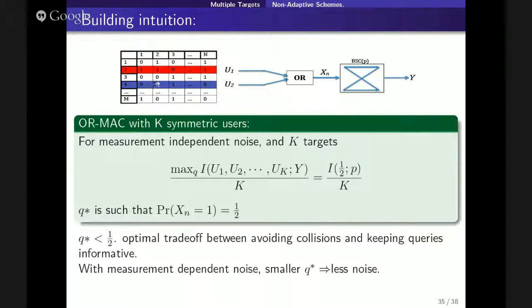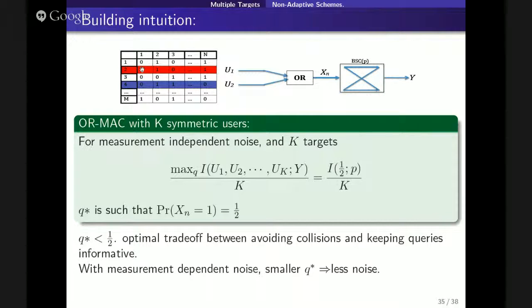So for the point-to-point problem, with fixed noise or no noise, we wanted the prior to be half. This is the capacity achieving prior. In this case, in the MAC, even with fixed noise, the capacity achieving prior is not half. What you want is that this xn going into the binary channel will be uniform.